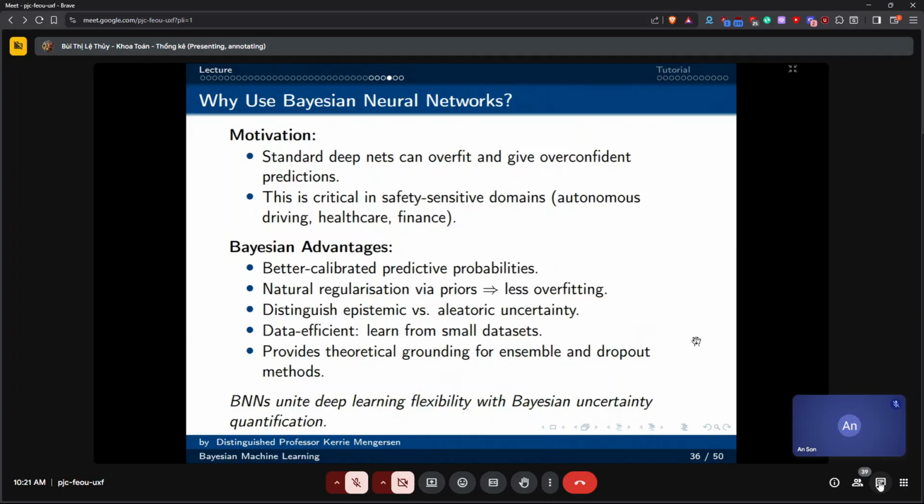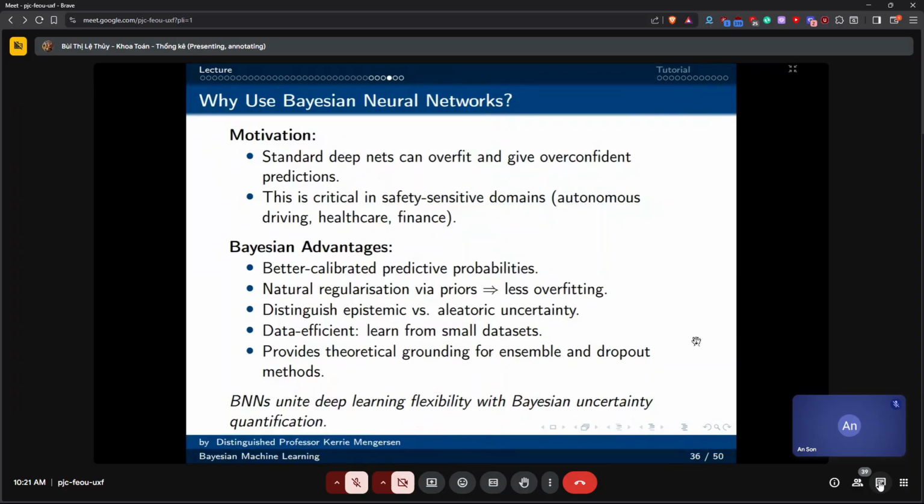So we can use Bayesian neural networks to get better predictions. As I said, the number of layers in a network will increase the complexity and give us better predictions. But just like when we talked about the decision trees, if we have too many layers, then we overfit the data.